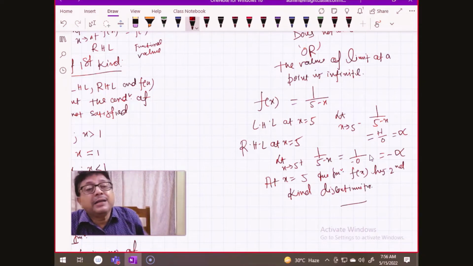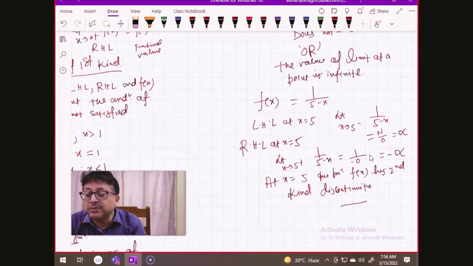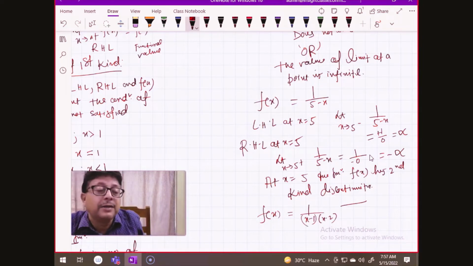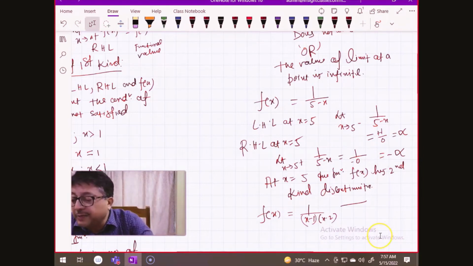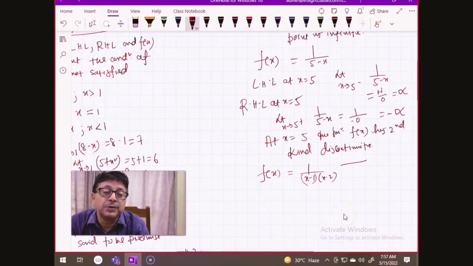Okay, and limit doesn't exist, that also limit is there. For this function, if they say that the function is f(x) equal to, I am taking this manner, 1 by (x minus 1)(x minus 2). If you take the function this way, f(x) equal to 1 by (x minus 1)(x minus 2), what will happen? This has no one-sided limit for this function. At which point? At x equal to 1 and x equal to 2, it has no one-sided limit